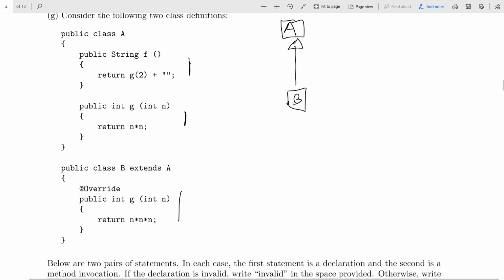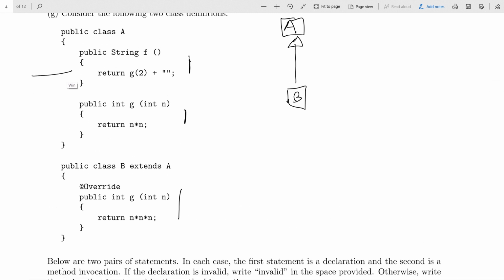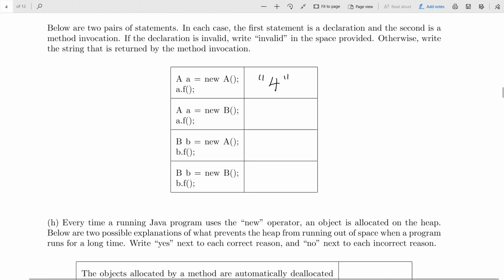And B objects, the way they work is if you call the f method, what happens? It calls G of 2 and it turns it into a string. But what's G of 2 in this case going to be? It's going to be this guy down here, which cubes its parameter. It's overridden there. And so you get an 8 back and turn that to a string. You get the string 8. So any B object, no matter what kind of variable it's stored in, is going to have this f method and this G method. So in other words, which method G is called depends on what type of object you're dealing with, how the object was constructed. So we decided the answer here was 8.